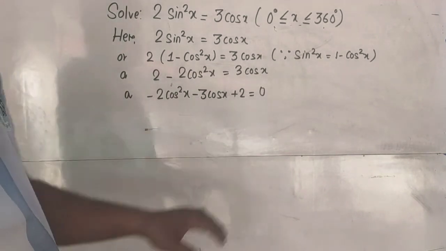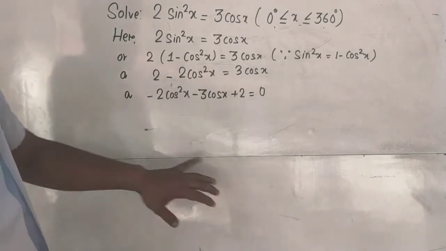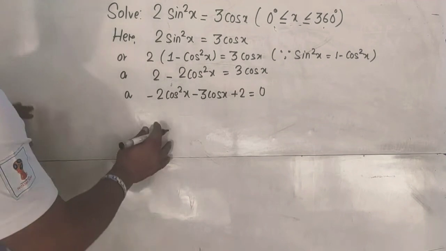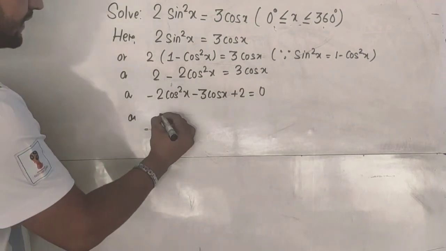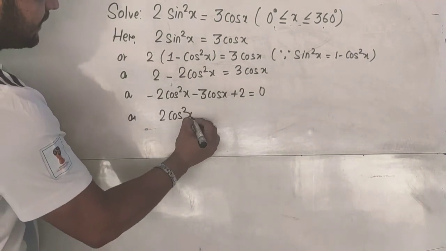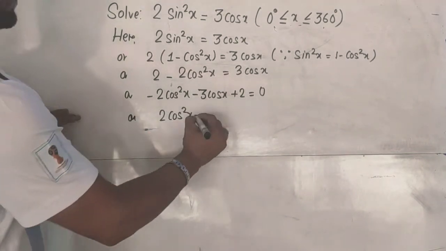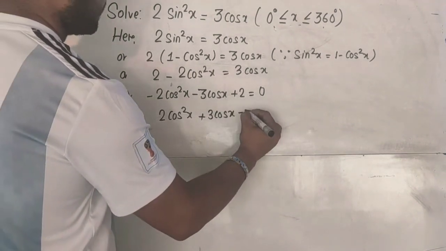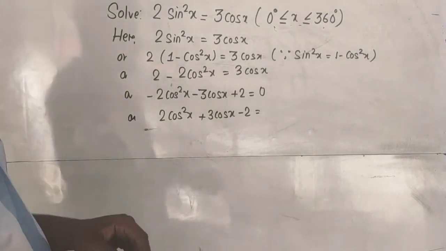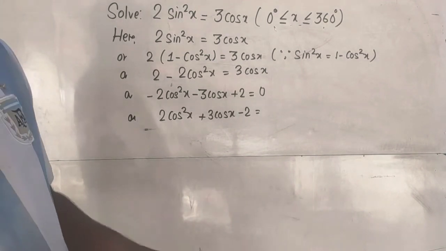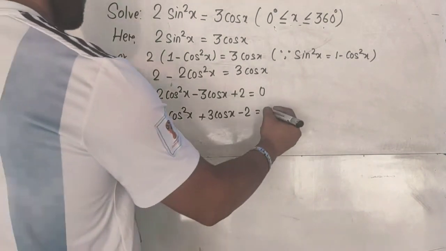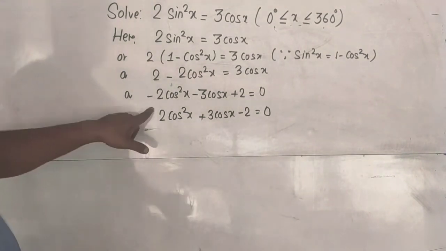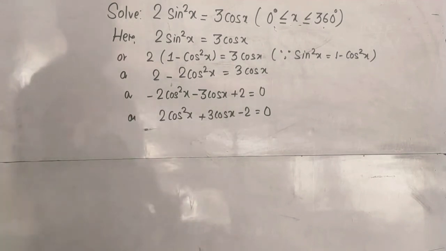Now you can multiply both sides by minus. When I multiply the left hand side by minus, the sign gets changed. If I multiply minus with minus 2 cos square x, it becomes plus 2 cos square x. If I multiply minus with minus 3 cos x, it becomes plus 3 cos x. If I multiply minus with plus 2, I will get minus 2. If I multiply minus with 0, it is 0, because 0 is an integer that doesn't have any sign. So here I multiply each term by minus. In short, I have changed the sign of every term here.